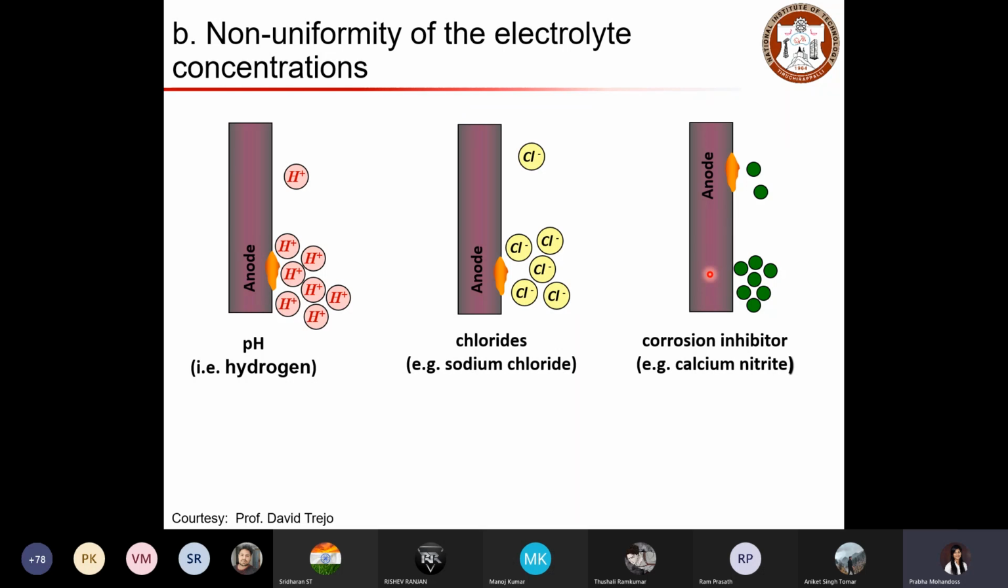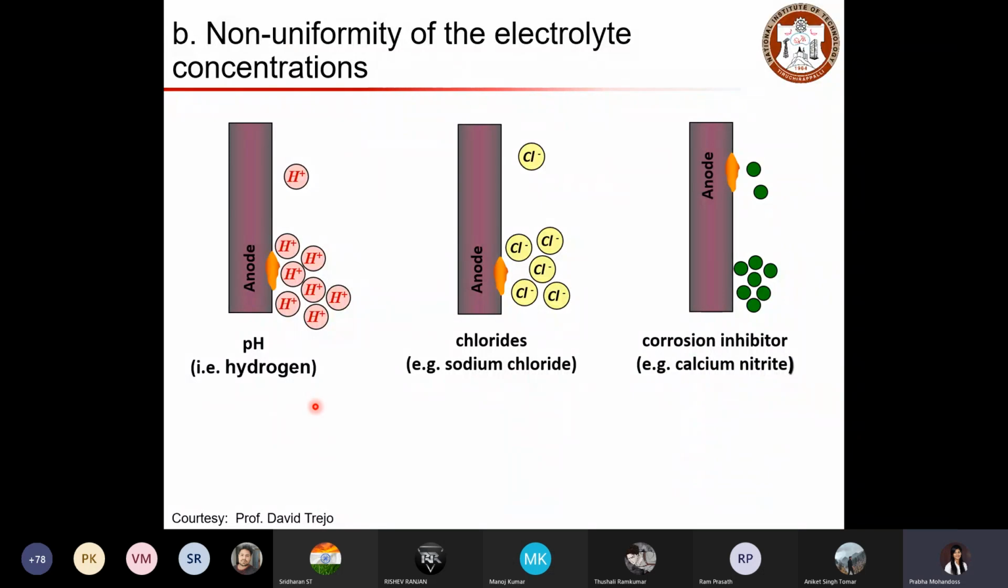So in the case of concrete, where you have your reinforcement embedded in it, that will be subjected to an alkaline environment, right? So if there is a difference in the electrolyte, some of the regions can become more acidic, and some of the regions can become less acidic or more alkaline. In that case, if you have a difference in alkalinity or a difference in pH, that may lead to the formation of